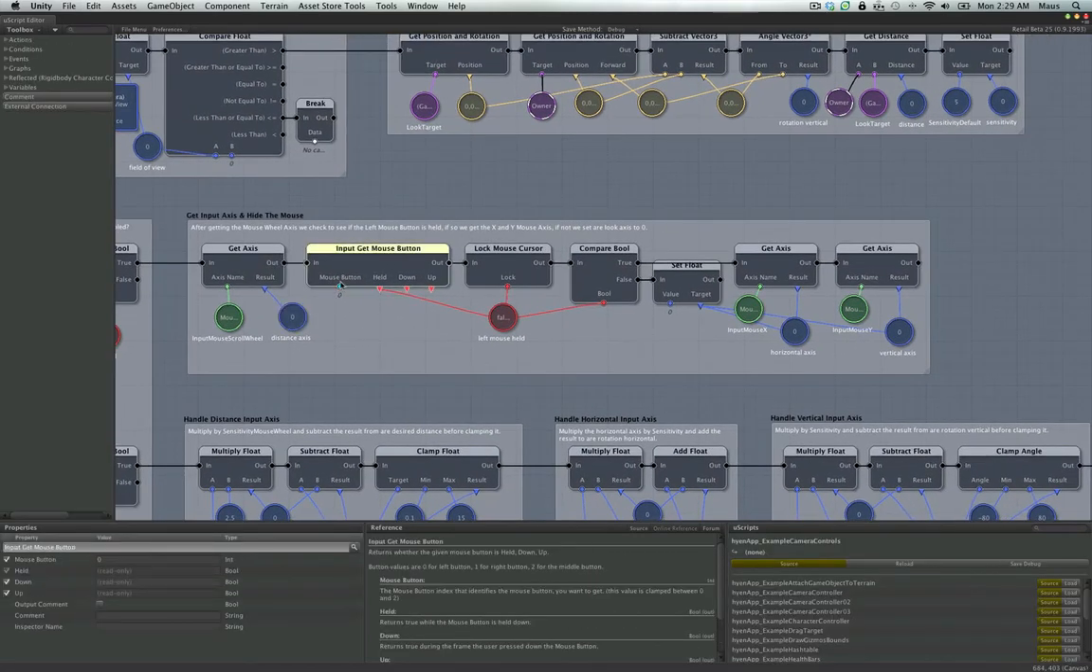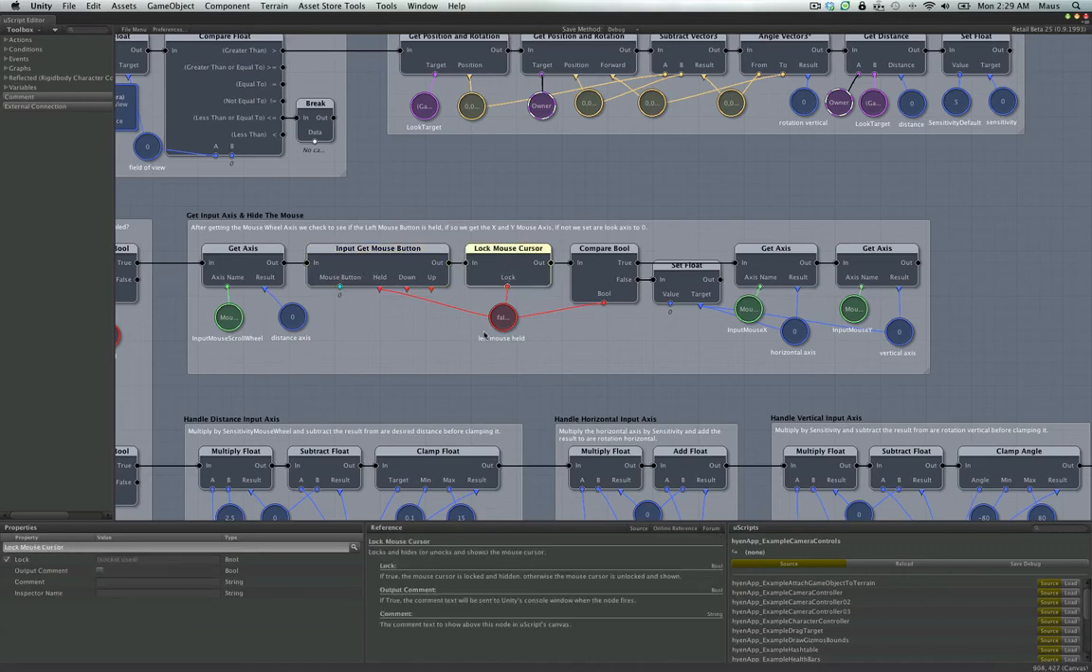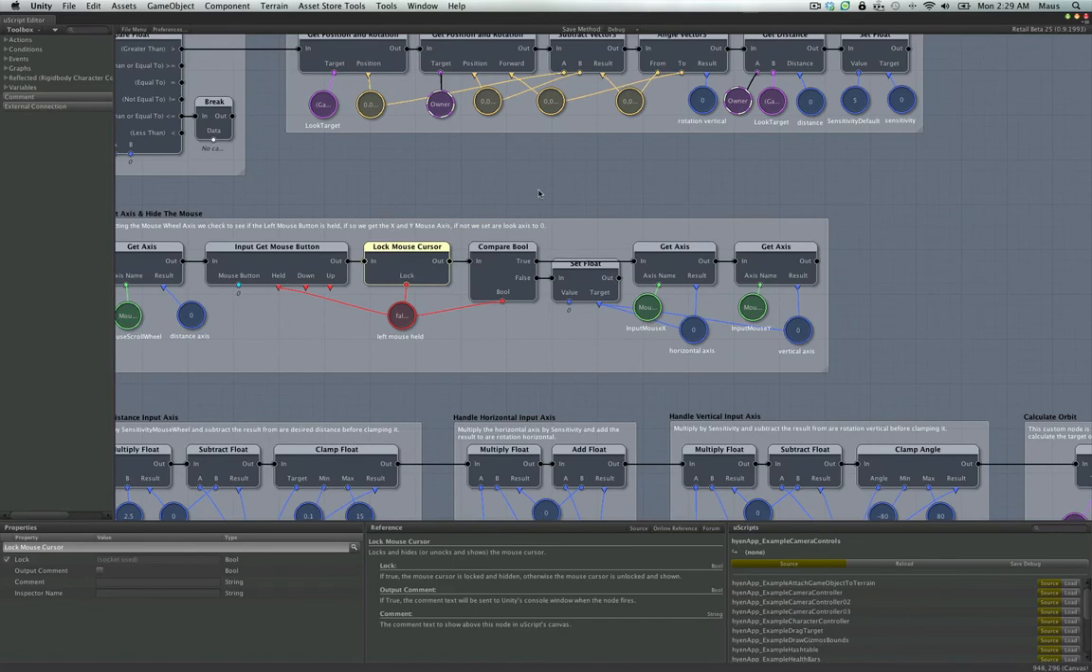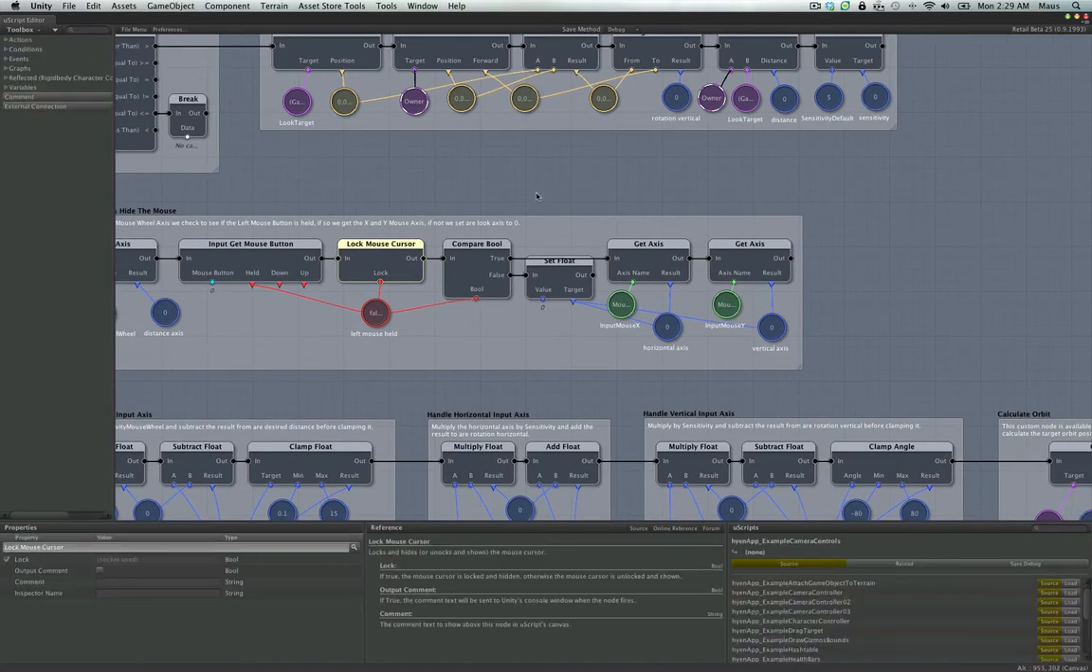0 is the number for the left mouse. So we're going to check to see if the left mouse is being held. If it's being held, that variable will set the lock mouse cursor, which turns the mouse cursor off. It hides it and it moves it to the center. It doesn't really lock it, but it sort of makes it clean. You don't have a mouse spinning around everywhere as you're turning. It makes it nicer. Then we just check to see if that